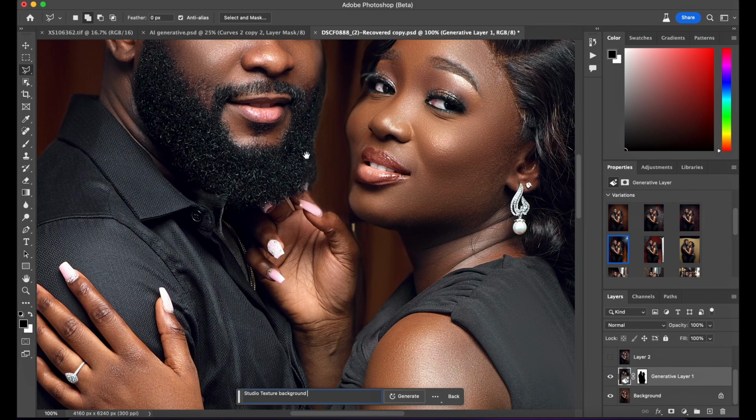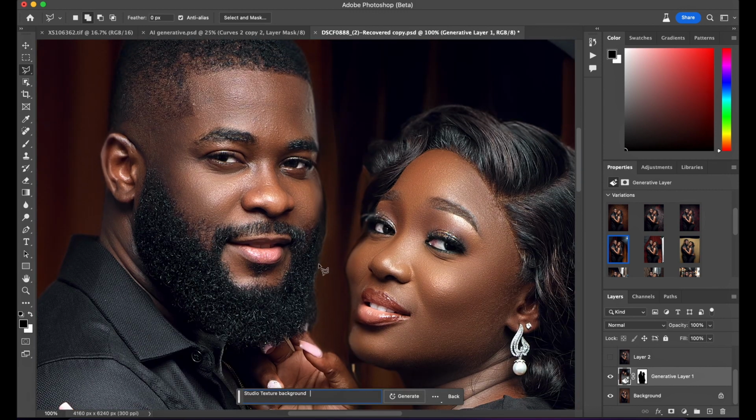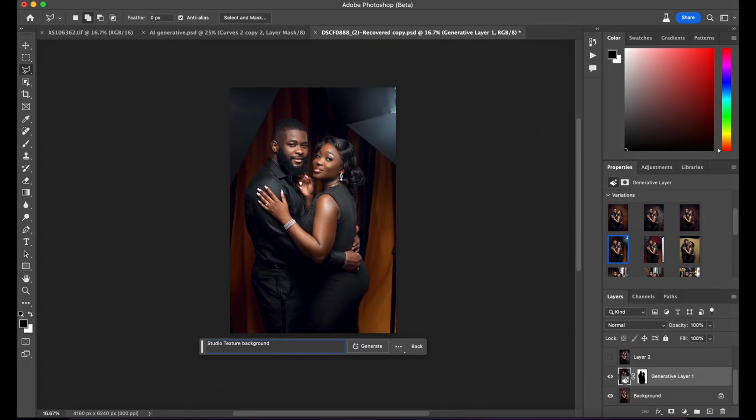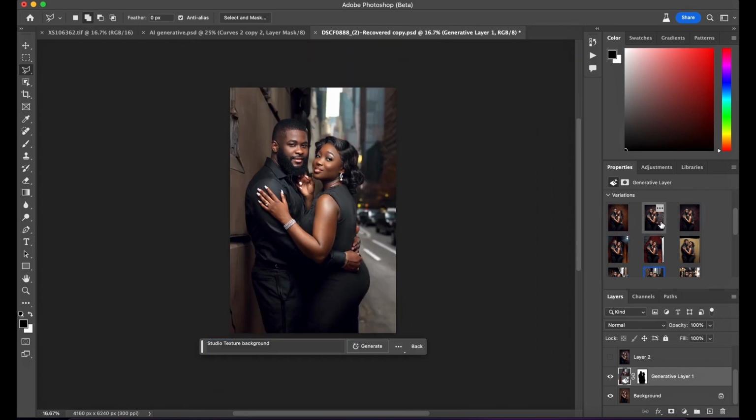If you zoom in, you can see over here it's not really perfect, but you can just click on generate over here to give you more variations of it. And let me show you another one,